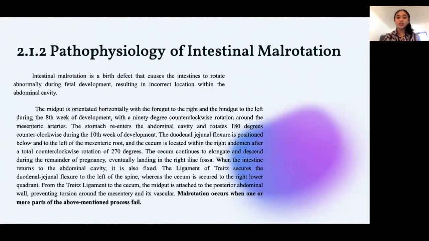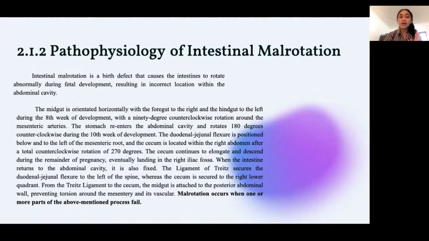The duodenojejunal flexure is positioned below and to the left of the mesenteric root, and the cecum is located within the right abdomen after a total counterclockwise rotation of 270 degrees. The cecum continues to elongate and descend during the remainder of pregnancy, eventually landing in the right iliac fossa. When the intestine returns to the abdominal cavity, it is also fixed. The ligament of Treitz secures the duodenojejunal flexure to the left of the spine,